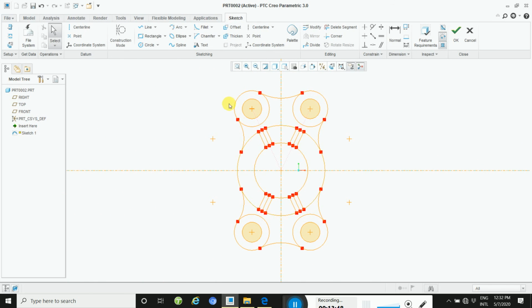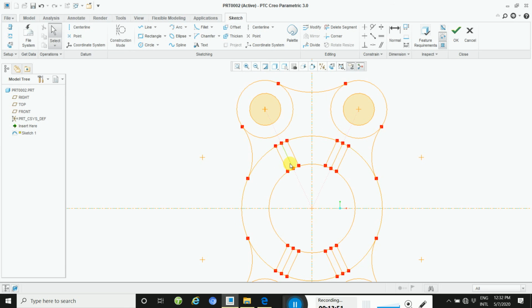Only trim is left. So how to apply trim?